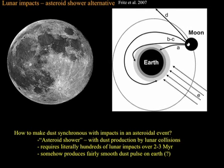At some level, dust produced by impacts on the moon must be accreted to the Earth. So their model was that asteroid fragments collide with the moon and kick off fragments. Some of the asteroid fragments actually collide with the Earth and make the two craters that we see. So this is basically a thought paper without a detailed model to explain it. And I've just indicated here some of the things that must be true in order for this to account